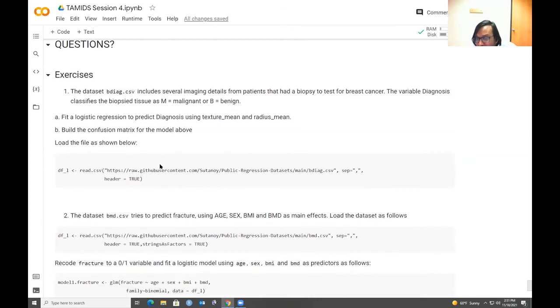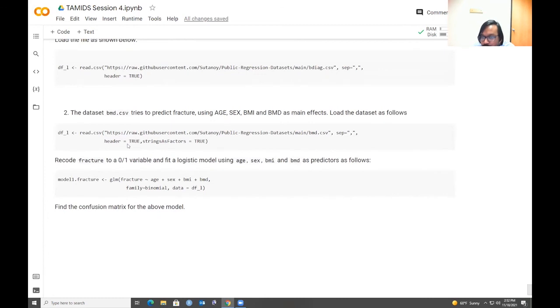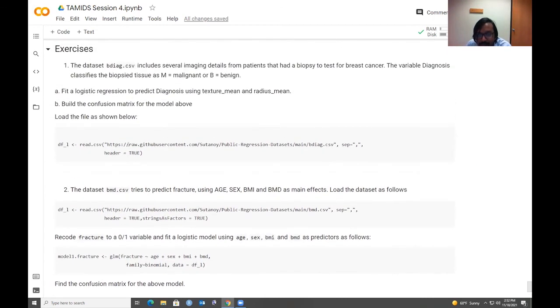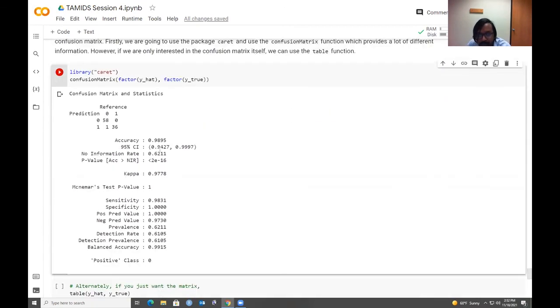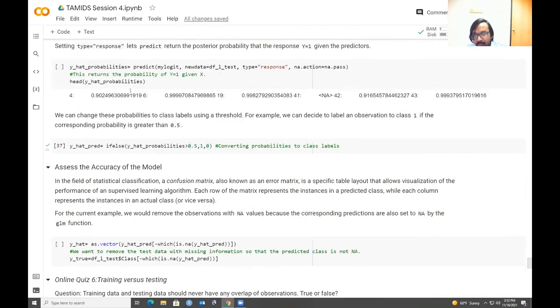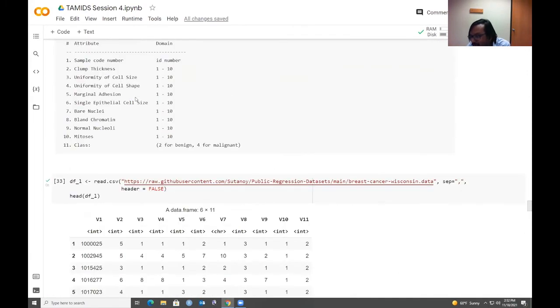The way that you load the particular data set is given here. So you can simply copy paste this line into your code. This is given in the form of text here. And you can run it and see how the model performs. And there are two questions here that you can check. And since we have time, we can probably go through a couple of the exercises that were in the text.